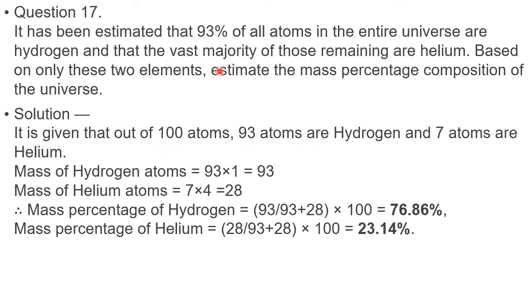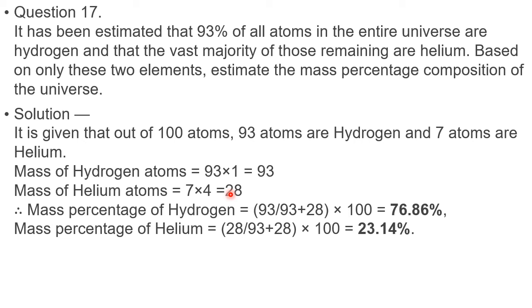Right? So if you presume to calculate in terms of percentage, a total of 100 atoms are there in the universe. Out of 100 atoms, how many atoms of hydrogen? 93. Remaining 7 helium. Okay, right. Now, mass of hydrogen: one hydrogen equals 1 gram, 93 equals 93. Okay, 1 helium mass is 4, 7 helium equals 28. The mass of hydrogen and helium will be given in the examination. I told you in the beginning only. If not, please demand, please request. So this is the total mass of all 93 hydrogen atoms, and this is the total mass of all 7 helium atoms in the entire universe.